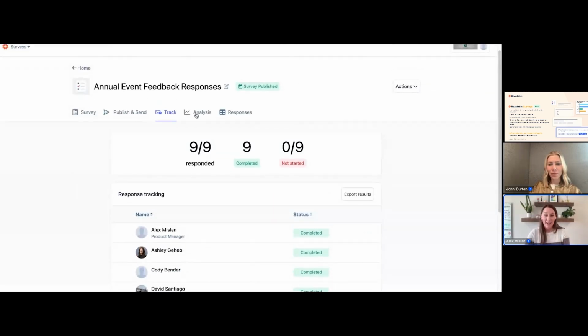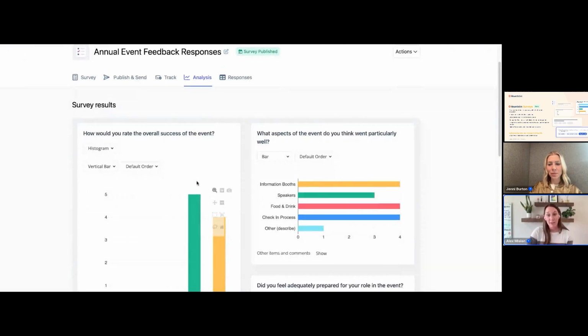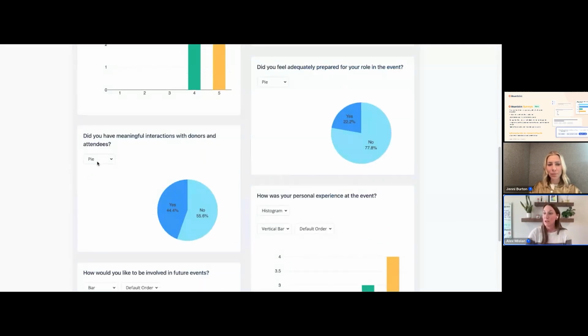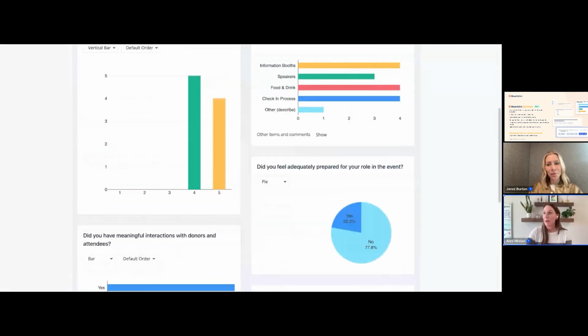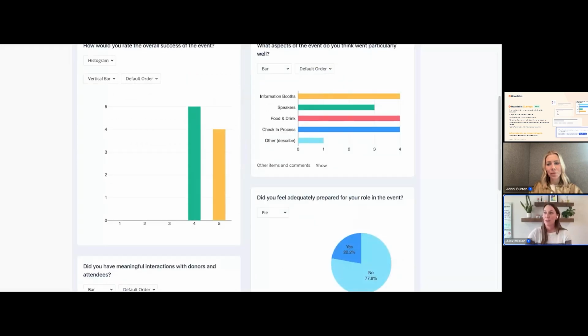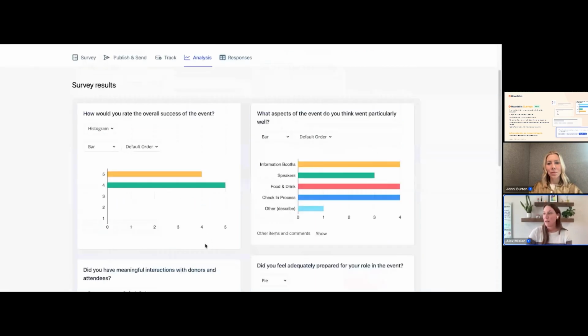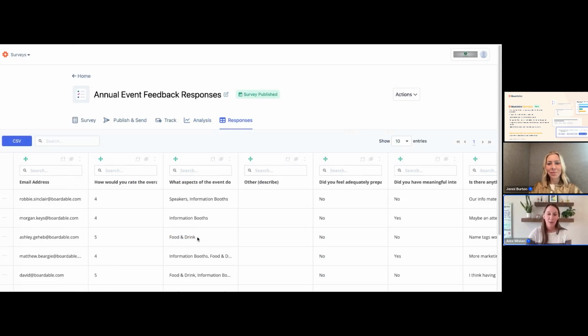The beautiful thing about it is right here, I can then go in and see the data analysis in real time within surveys. So I can head here, look at how people answered the questions, be able to change how I see those if I want to see it in a different format, be able to move those things around if I think that this is a bar instead of a vertical bar. Gives you a lot of optionality with how you take a look at the individual or the aggregated information. And then you also have the ability to see those individual responses that folks submitted.